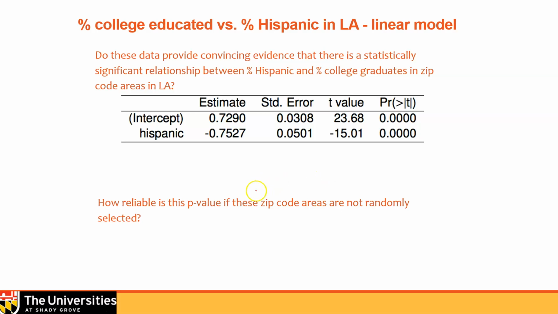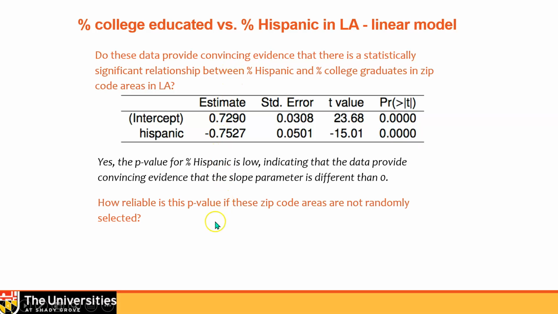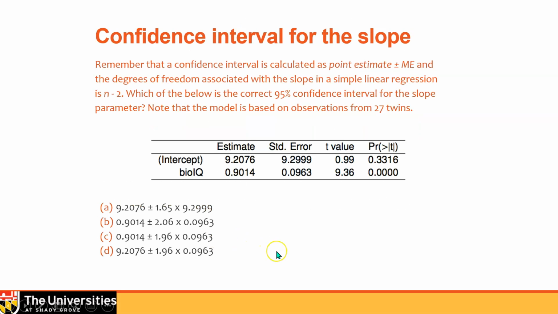How reliable is this? If the zip code says, do these data provide convincing evidence of a statistically significant relationship? We're going to be looking at this. That p-value is exceptionally small. So yes, there seems to be convincing evidence. How reliable is this? It's not very reliable if they're not randomly selected, right? Now, one of the other things that happens is not only do we do